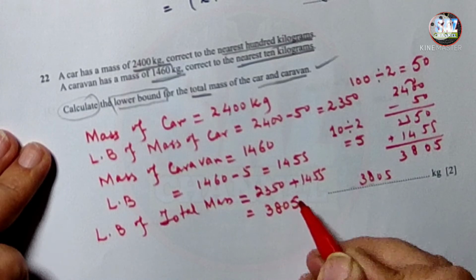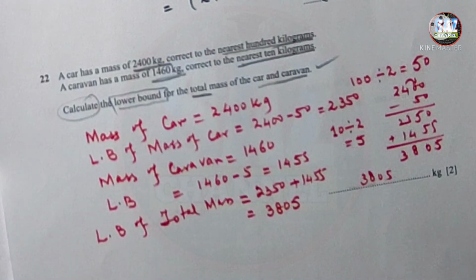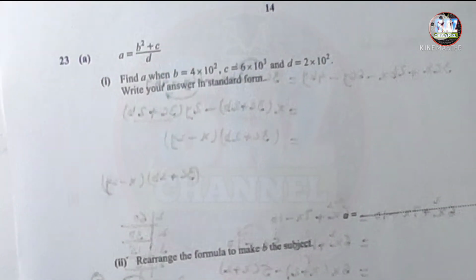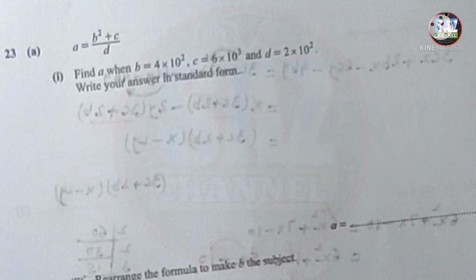I hope you are really clear about these two factorization questions and the lower and upper bound question. In order to get the total mass, the total of the lower bounds, what we have to do is add up both the lower bounds. Moving to the next question, let me turn the page here. Okay, and question number 23 says that